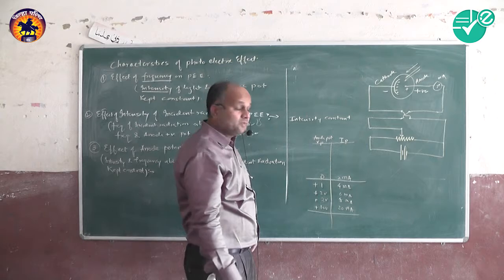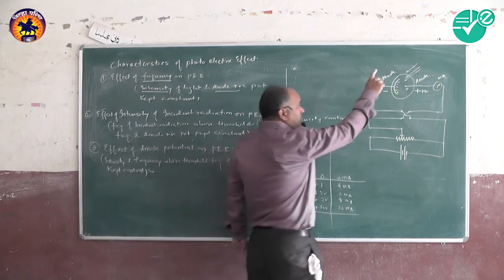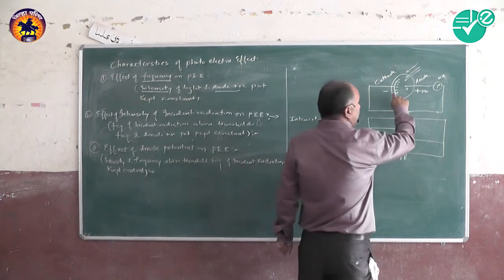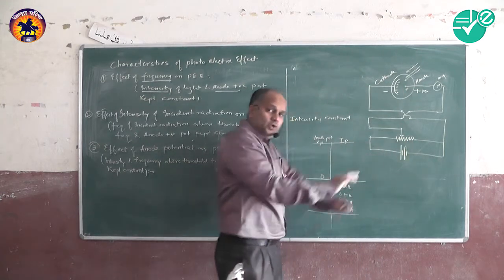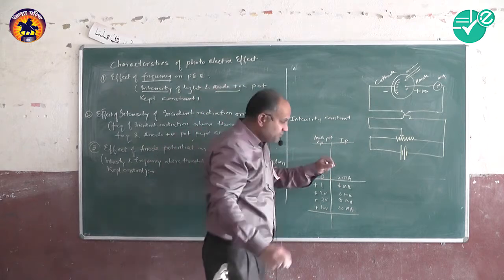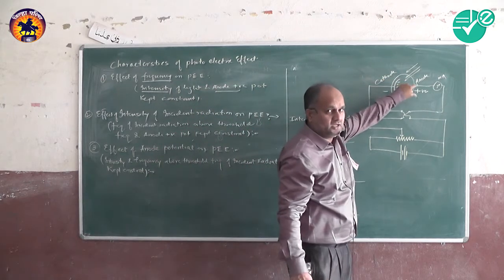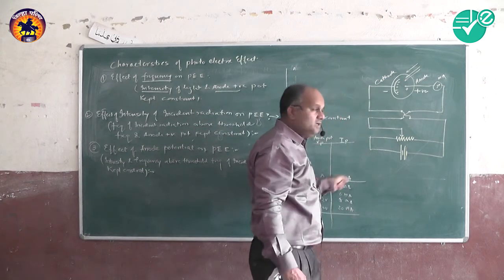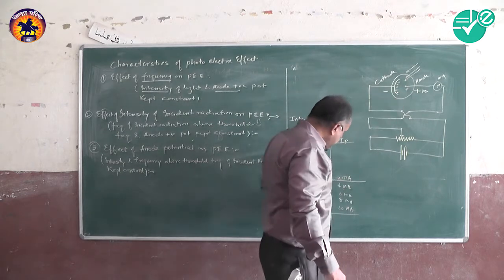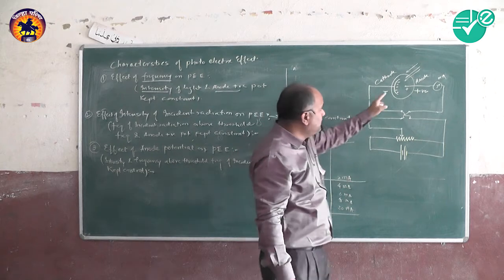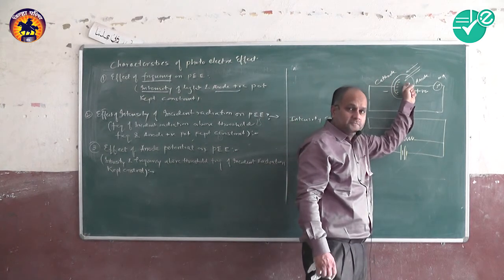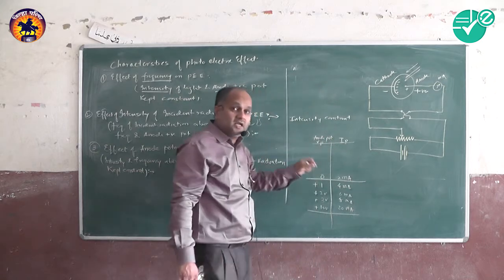Now look here, the total number of electrons emitted from the surface of the cathode are reaching the surface of the anode. No electrons are remaining there. What I am telling you is, consider 100 electrons are being emitted. At this potential 20 reach there, at this 30, at this 40, but at this potential all the 100 emitted from the surface of the cathode will reach the surface of the anode. No electrons are left behind.